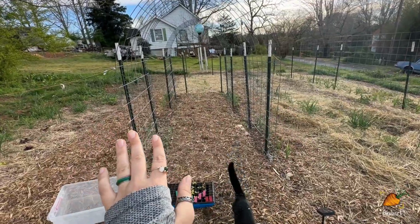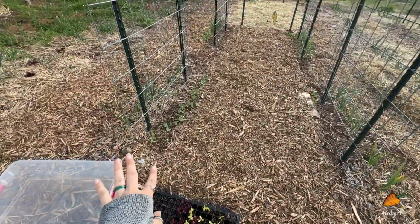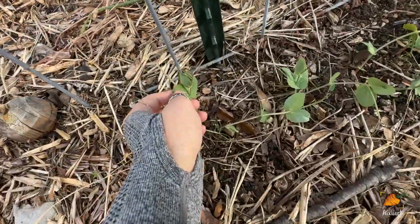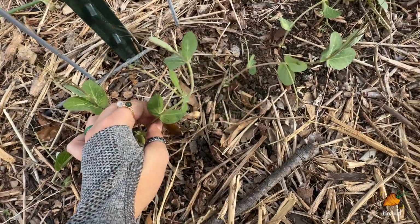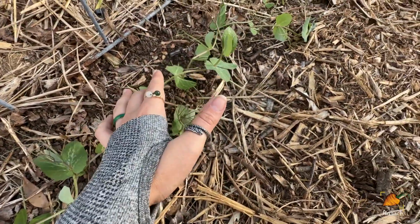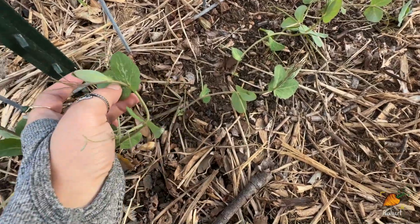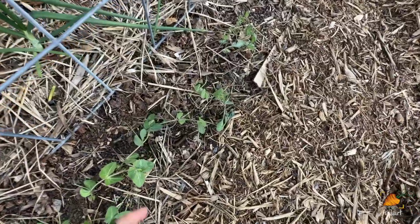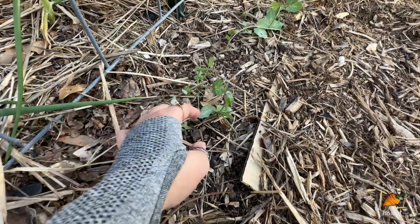On both of my trellises right now, I've got some onions and garlic on the outsides, peas on the insides. And with how cold it was getting, I was a little concerned about my peas, but they seem to have done just fine. They kind of fell over a bit, and I let them stay flopped over because I figured they'd be a little safer if they were close to the ground. I don't actually know how much of a difference that made, but they do look pretty good, and once it's warming up again, I think they'll go through another growth spurt,